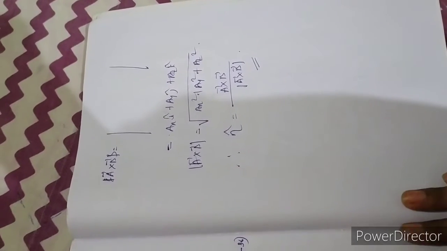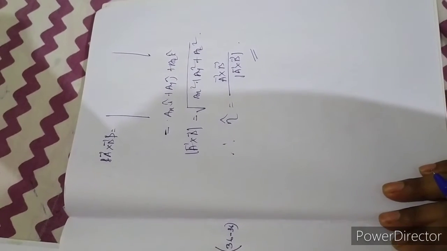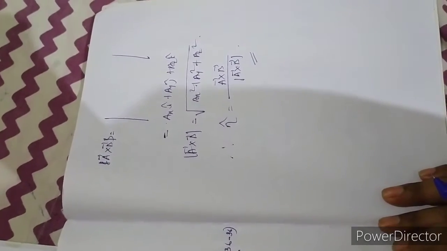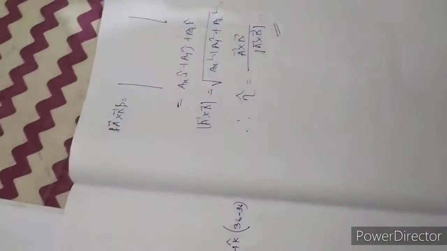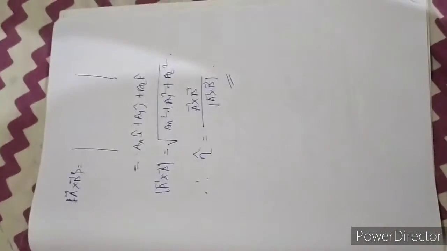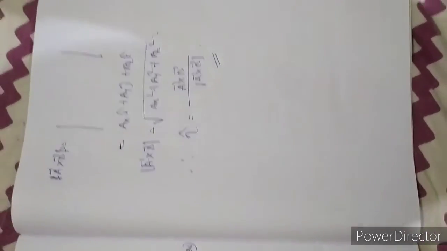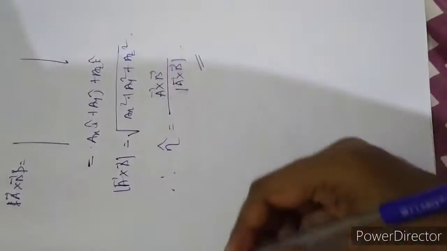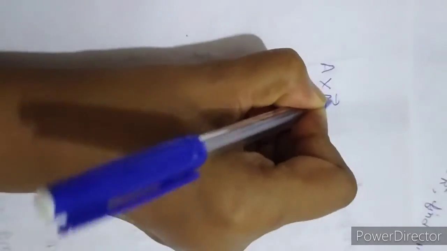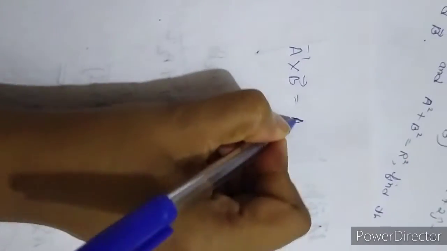Hope it is clear. Now there is another type of question that comes in the exam, where you have to find the sine of the angle between the vectors. I have written the a cross b magnitude vector is equal to, we used to write, ab sine theta n cap. Yes, this one is my equation.